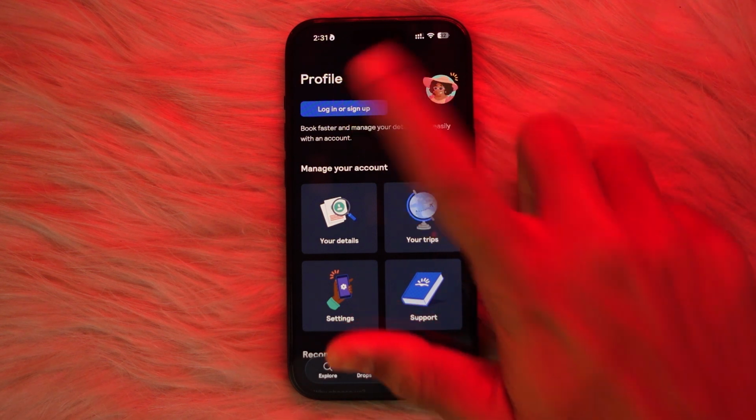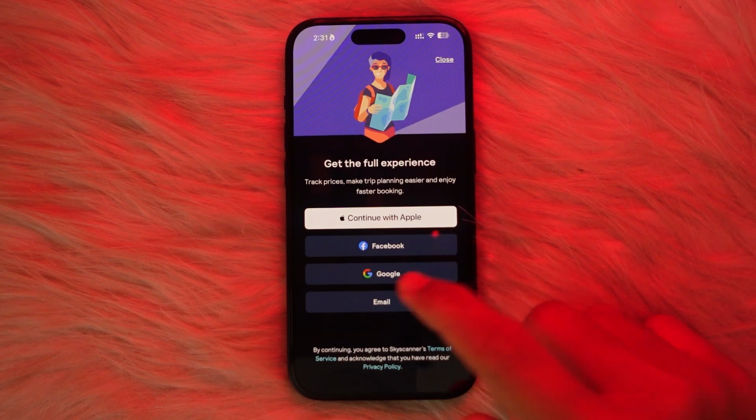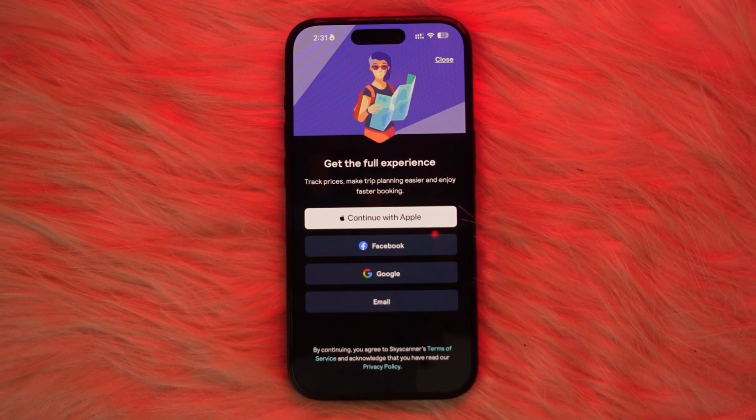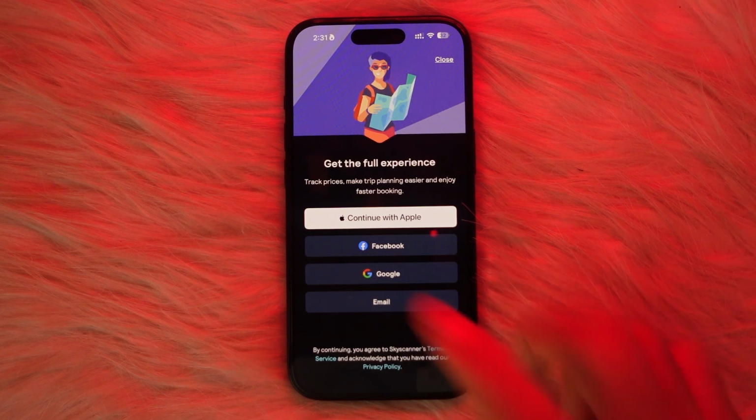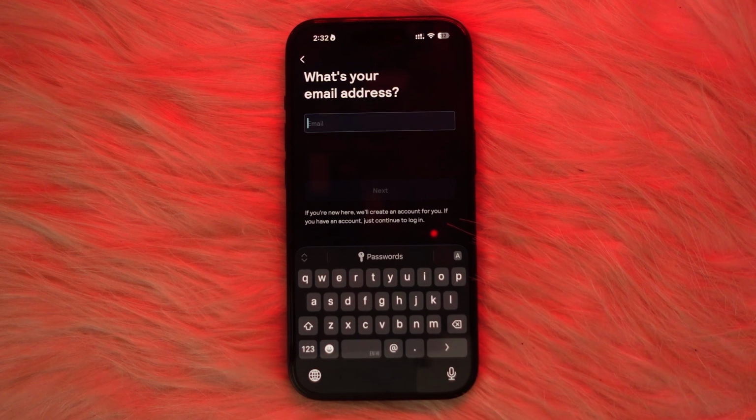Click on login or sign up, and if you want to continue with your Apple account, Facebook account or Google account, you can do so from here. However, if you already have an account, you can simply click on email, type out your email over here and click on this arrow icon to log in to your